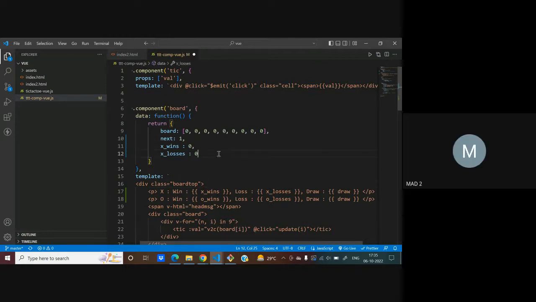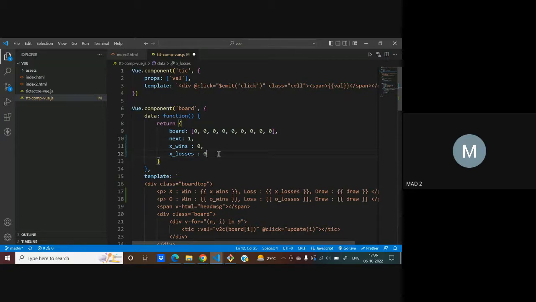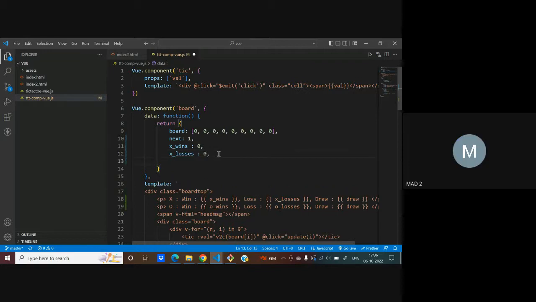So how many variables do we require in total? So three. X wins, three I think variables. Yeah, 3 should suffice. Let's see. So all of these will start with 0. See, for X, we can say X wins and X losses and draw are the ones. But for O, what we can say here is